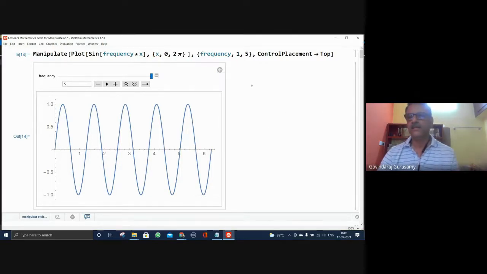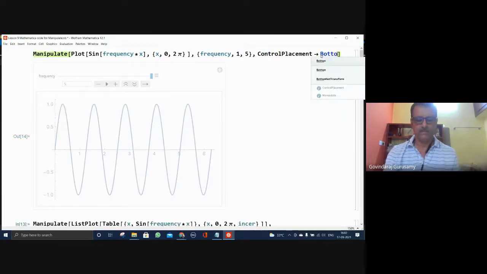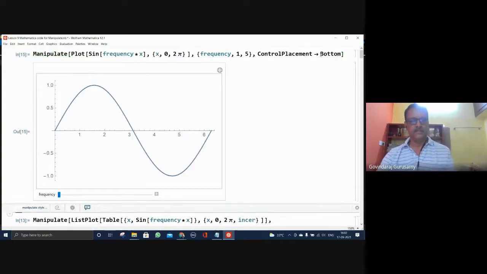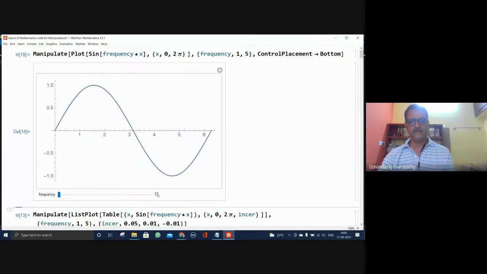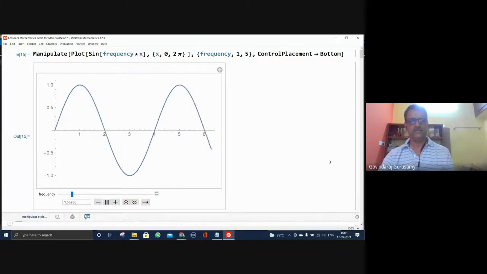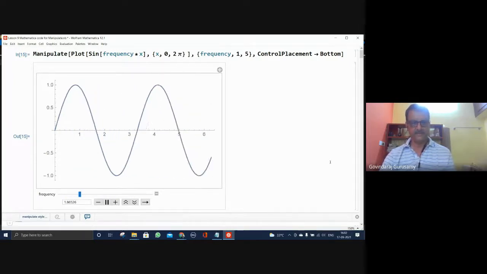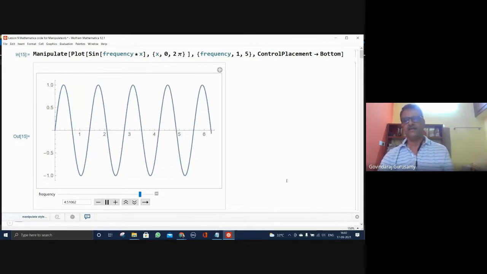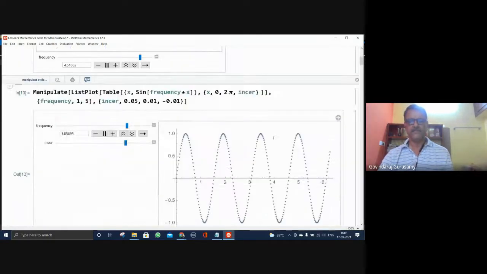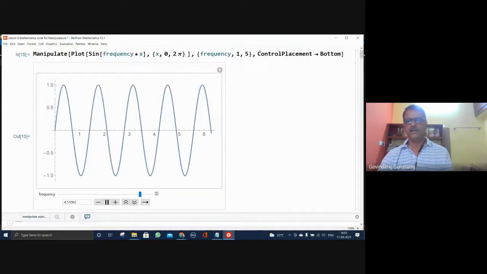And correspondingly go ahead. So now suppose you wanted to have it at the bottom. That's available at the bottom now. Okay, so this is the option, which is bottom. So whatever you like, you can present it. Keep it at the top or the bottom, and then left or right or center. All these options are available under the control placements. So this can be closed now.